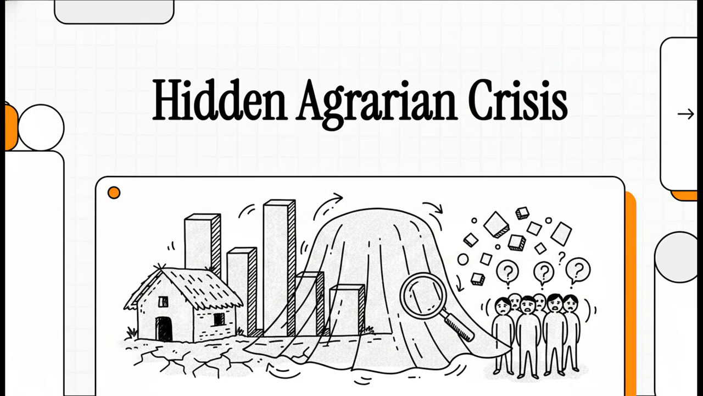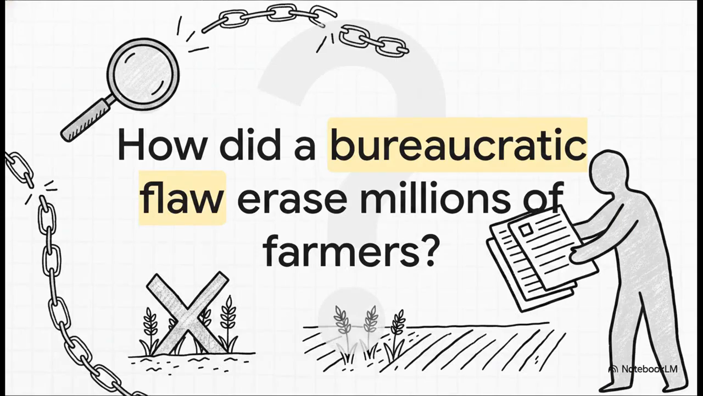Welcome to The Explainer. Today, we're diving into a massive data mystery, one that has literally obscured the reality of rural destitution for millions of people. We're looking at a profound statistical illusion, a bureaucratic flaw that has fundamentally altered how we understand poverty, land ownership, and agricultural survival. So how did a simple survey design flaw basically erase millions of landless farmers from the official